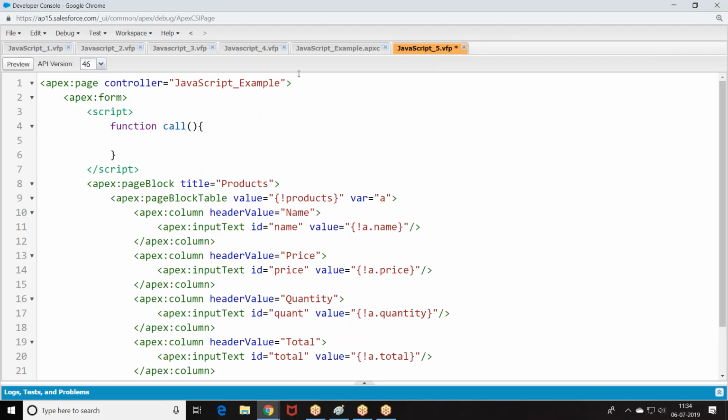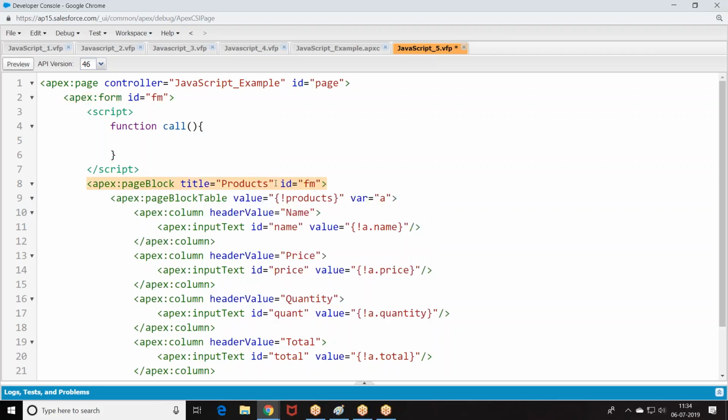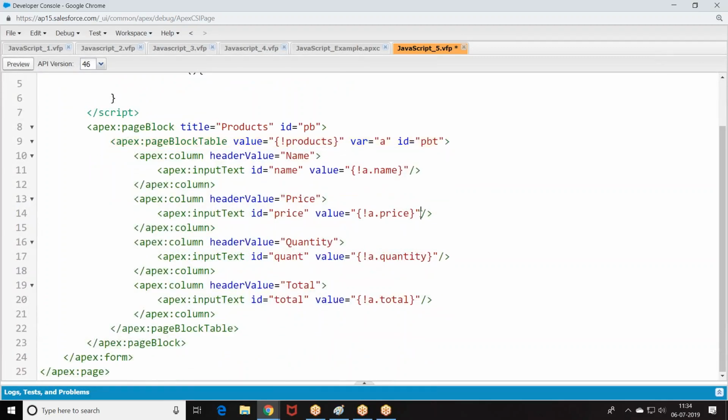Listen carefully. This will be a very helpful scenario in most of the cases. Now I'm using on change. Whenever the price changes, on change, whenever the quantity changes.